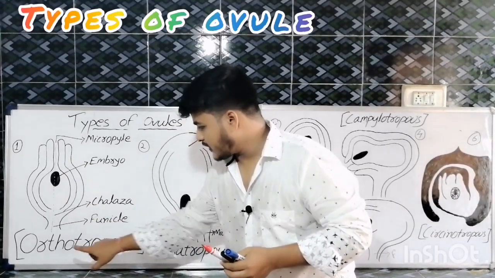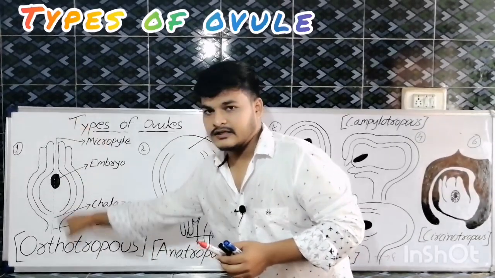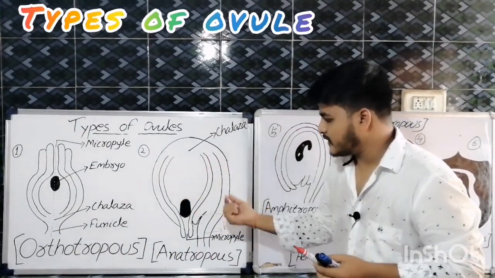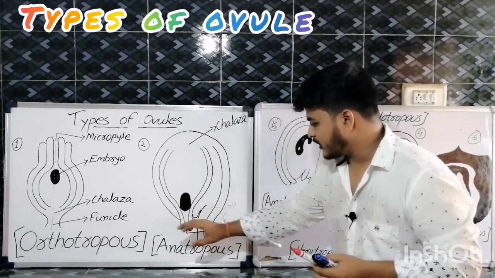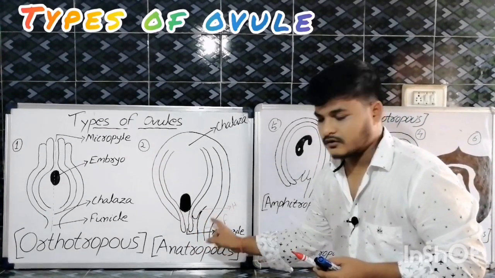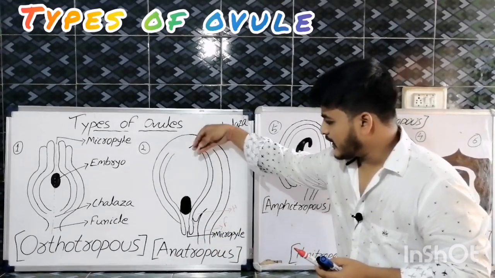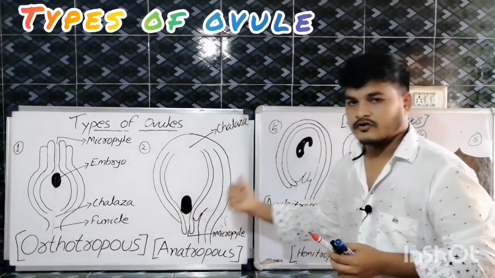But in the first structure, the funicle, the chalazal and micropylar ends are arranged in a single line. This is quite opposite. That means it is an upright structure, this is an inverted structure. The funicle part and the micropylar end are opposite to each other, and the ovule is inverted. This is the upright ovule, this is the inverted ovule.